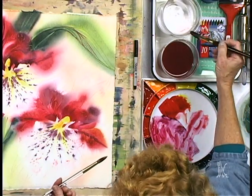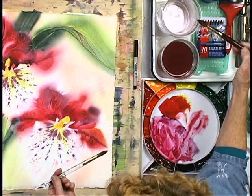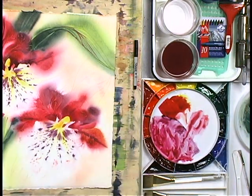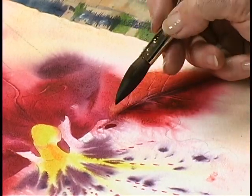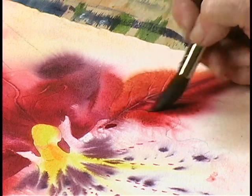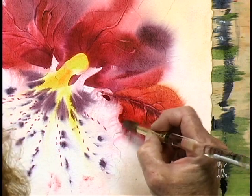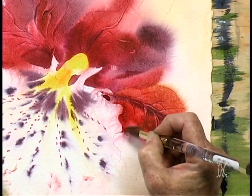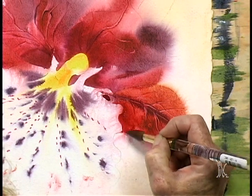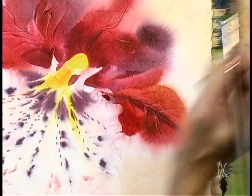I think I just switched my brushes. This one's now the clean water brush. It really doesn't matter, it's just that it's helpful to have two brushes going so that you can keep clean water and not have to keep washing your brush out and losing all of the paint that you've just mixed. There's a little edge of a petal there, and I'm going to put some of the mixture of quinacridone red and rose together for that. Not much of a definition, just a little bit of definition. And on the other side over here,